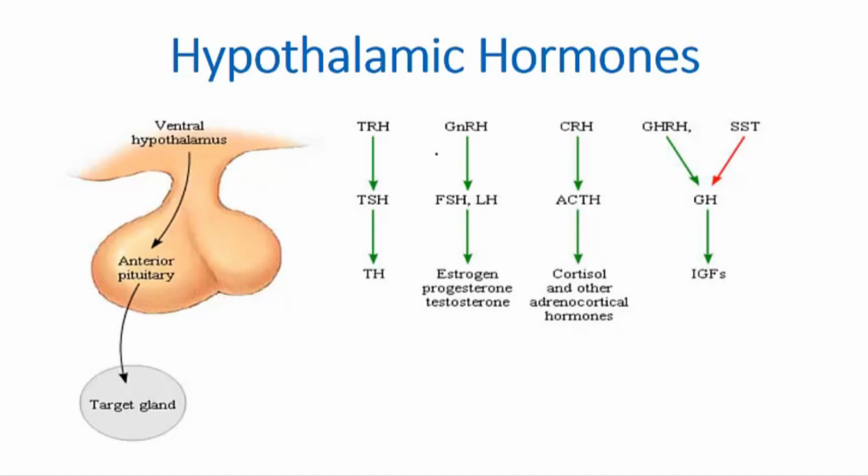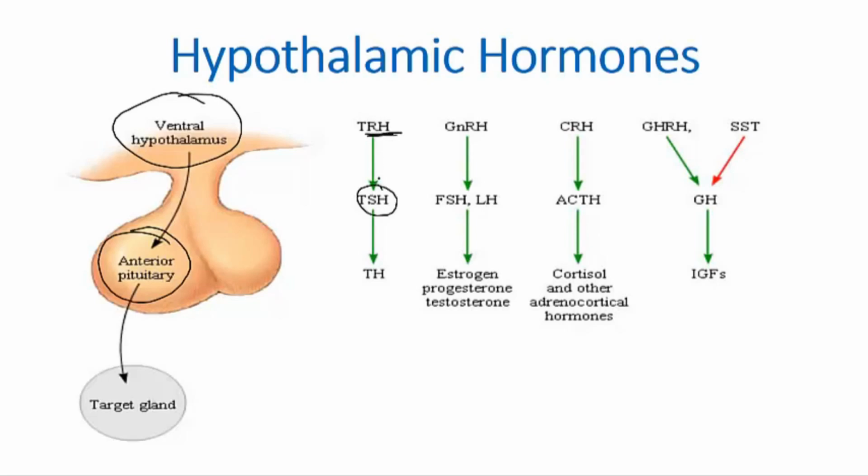And these hormones are actually factors that are secreted and released by the hypothalamus tissue, which acts on the anterior pituitary to regulate the hormones secreted by the pituitary. Okay, and there are several types of hormones that are linked with the anterior pituitary, and their function and the regulation of endocrine glands. For example, if you look, TRH is a